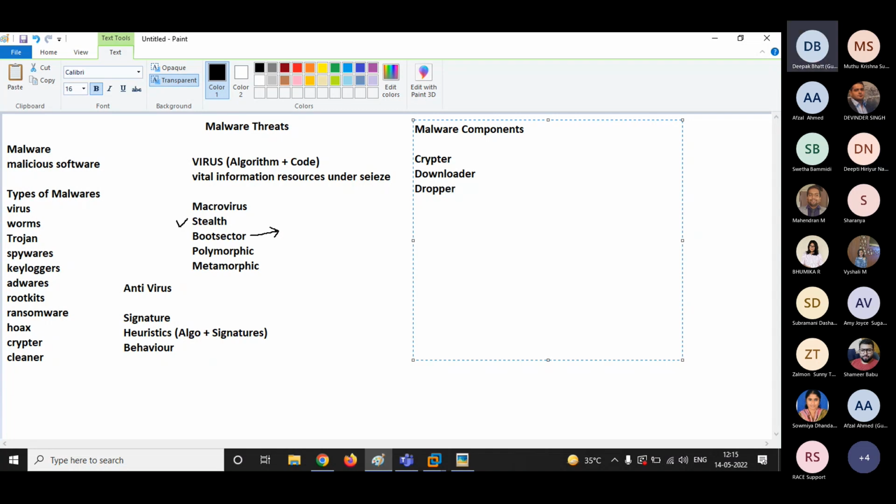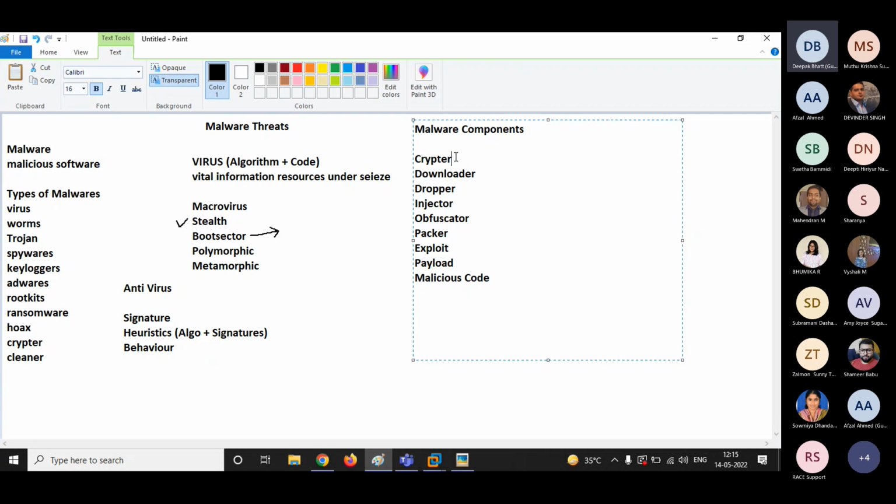Then injector. Then obfuscator. Then exploit. Then payload. And malicious. So guys, these are the components of a malware. Now we will be discussing these components one by one.